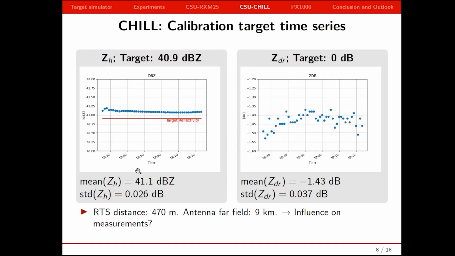So this is the 1 hour time series of the reflectivity. The blue dots are the radar measurements, and the red line is the reflectivity that we have generated with our target simulator. So apart from the nice agreement, I think the most striking feature and something